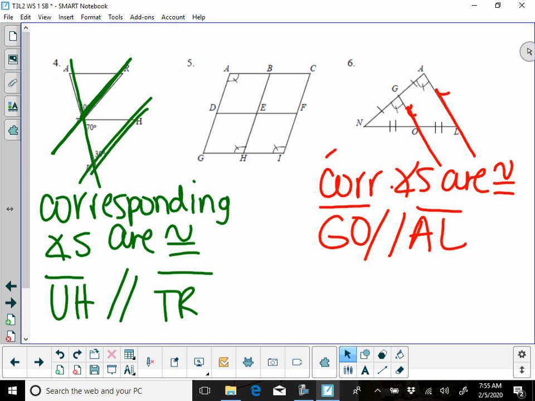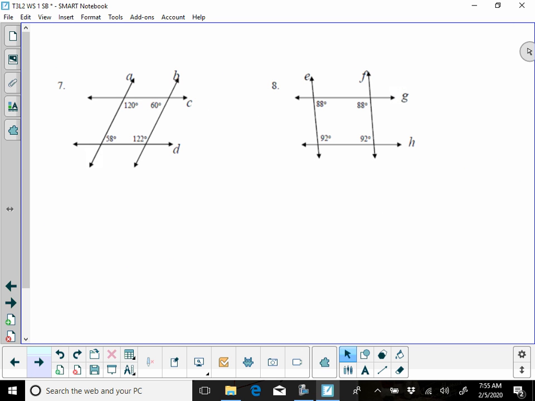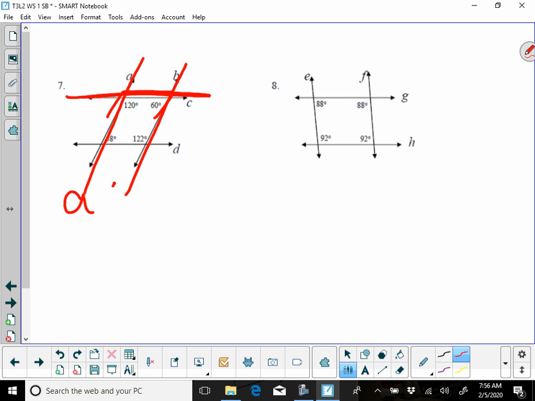All right, so look back real quick. Corresponding angles are congruent. Right there we said GO is parallel to AL. Okay, so here, kind of look at your angles. You know if they're interior that they're going to have to be supplementary. So like you know that 58 and 120 don't equal 180, and you know that 60 and 122 don't equal 180, but you do know that 120 and 60 equal 180. So this would be your transversal, okay, and these will be your parallel lines. So A is going to be parallel to B,